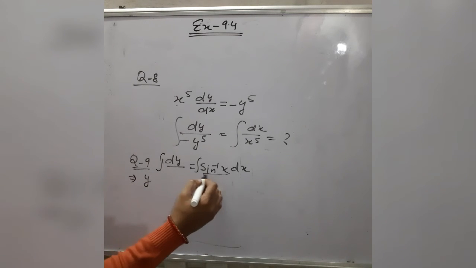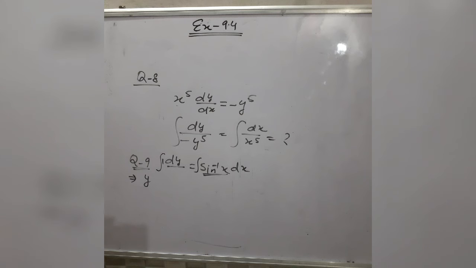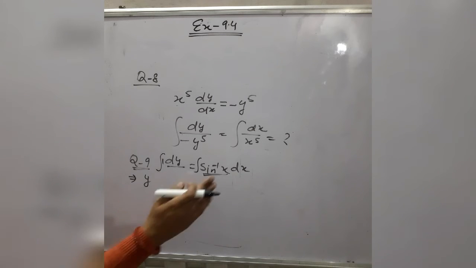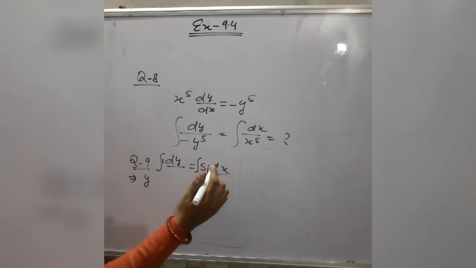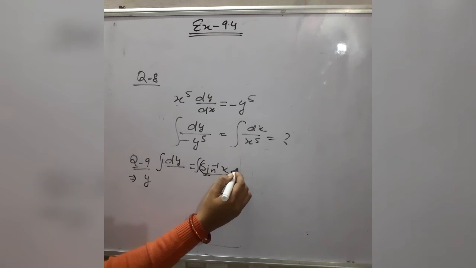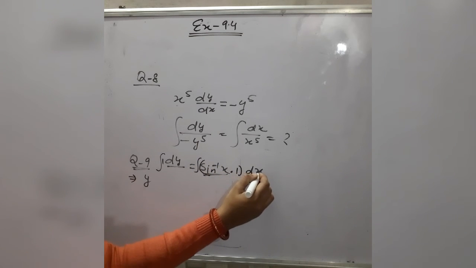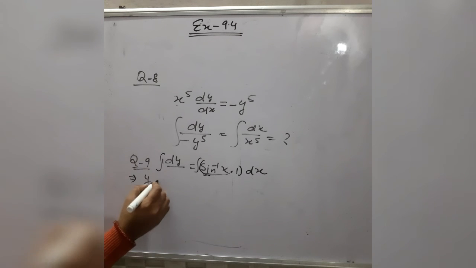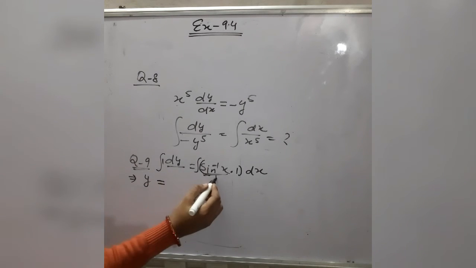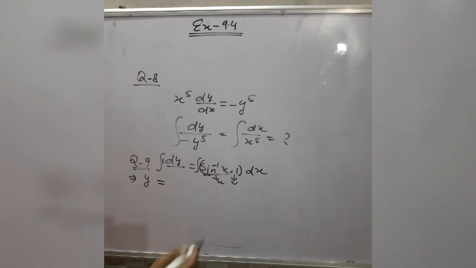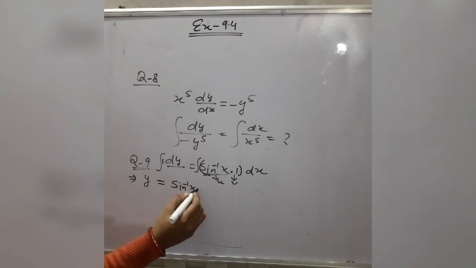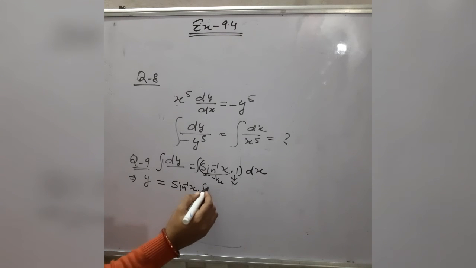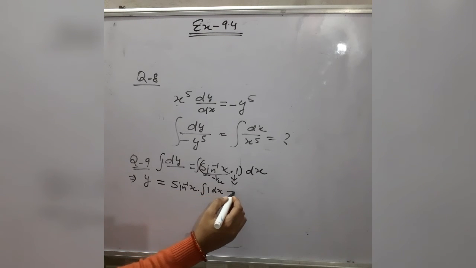But how will you find the integration of sine inverse x? All of you know very well, all of you have done the chapter on integration. So very easily you can find the integration of this term by using integration by parts. This sine inverse x can be written as sine inverse x into 1. Now we will use integration by parts. In integration by parts, this is u and 1 is v. So first step is u remains as it is, so sine inverse x remains as it is. Integration of v means integration of 1, minus sign.